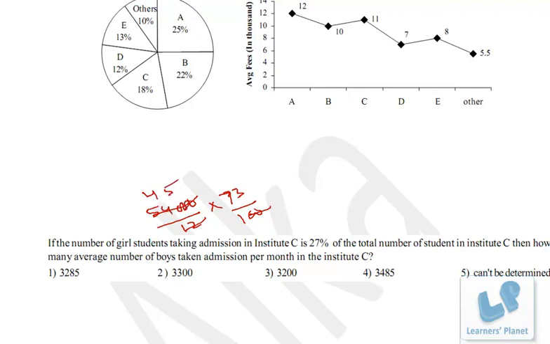Now friends, your answer should have unit digit as 5 and it should be a multiple of 9. So just quickly see to it, and obviously cannot be determined cannot be the correct choice because we can find it out, right? So unit digit must be 5, so this is incorrect, and your answer must be a multiple of 9. So 8 and 5, 13, and 4, 17, plus 3, 20, it's not there. That means this is the correct choice, right? You can very well check it out. 8 plus 5, 13, 14, 15, 16, 17, 18. Okay, so 3285 is the correct choice. Okay.